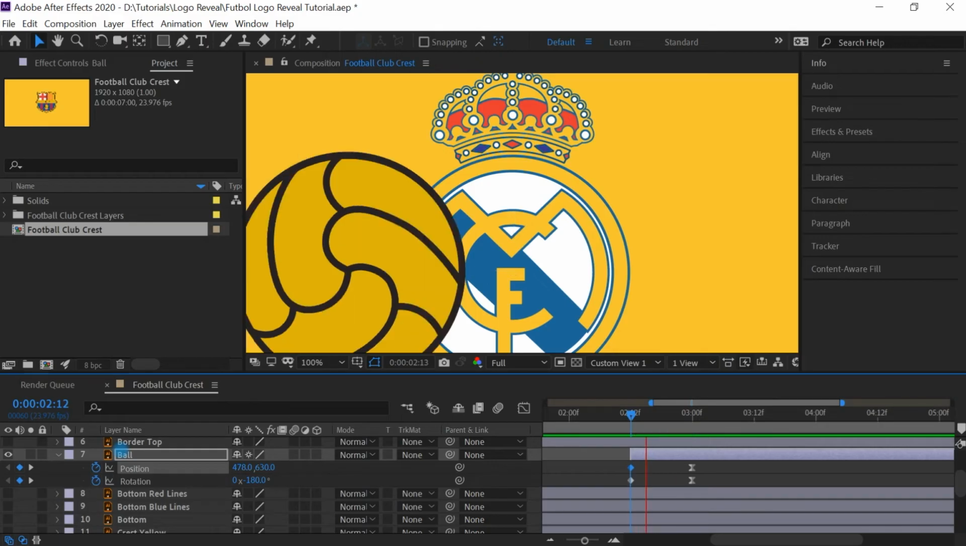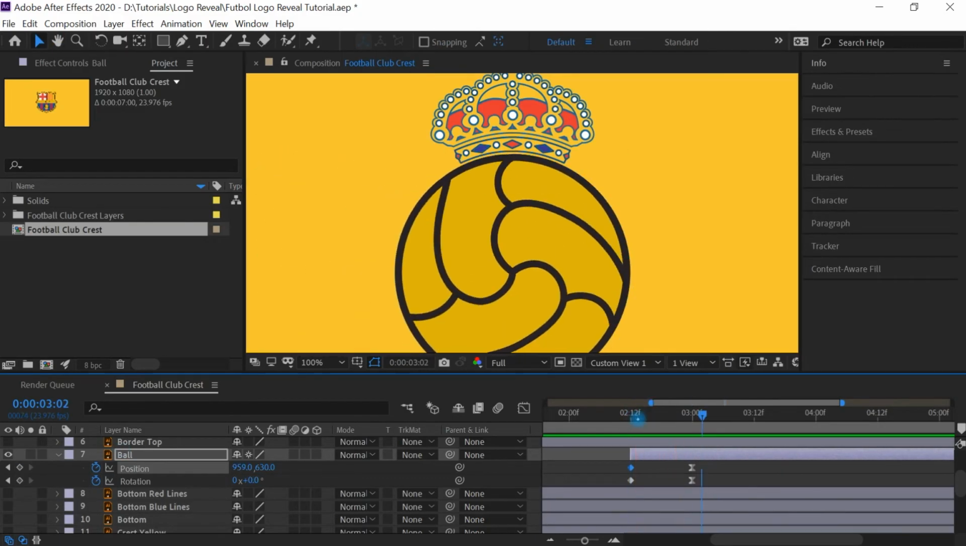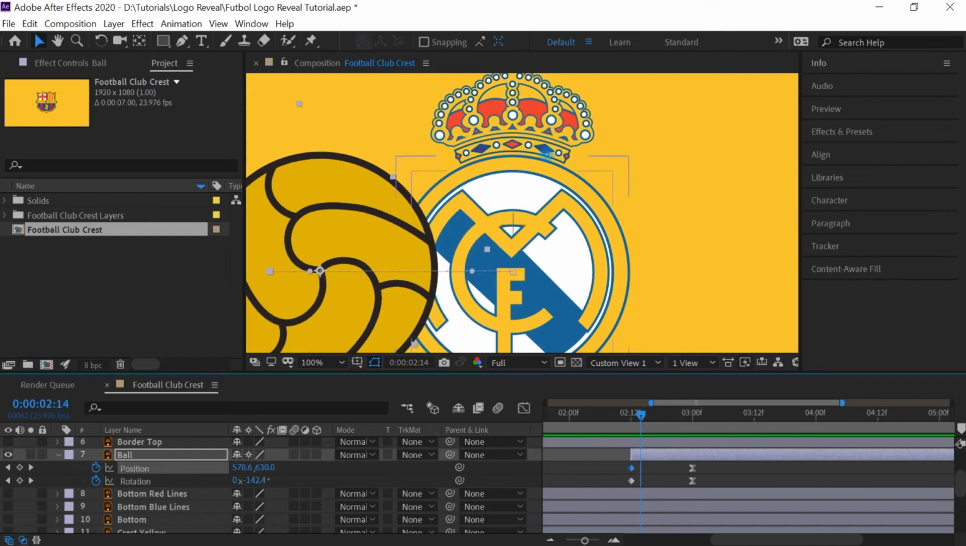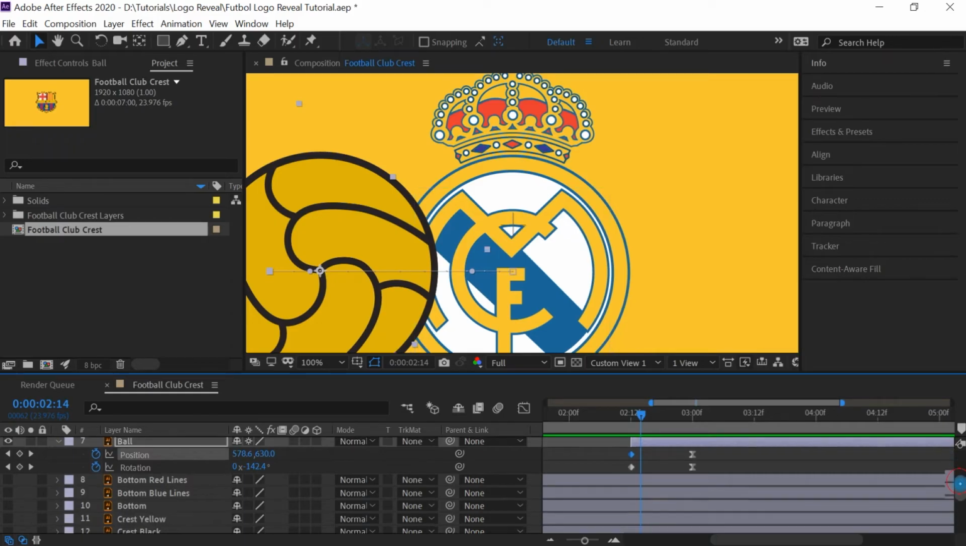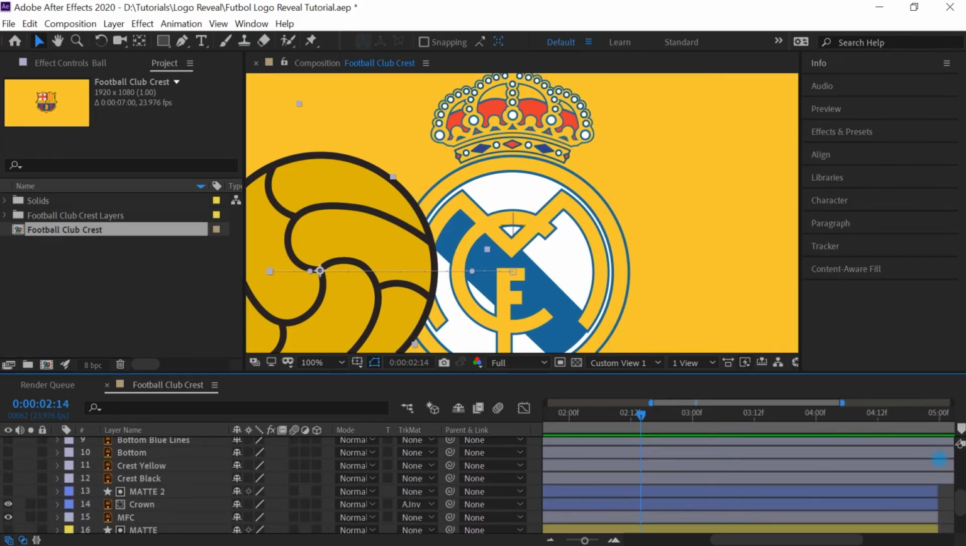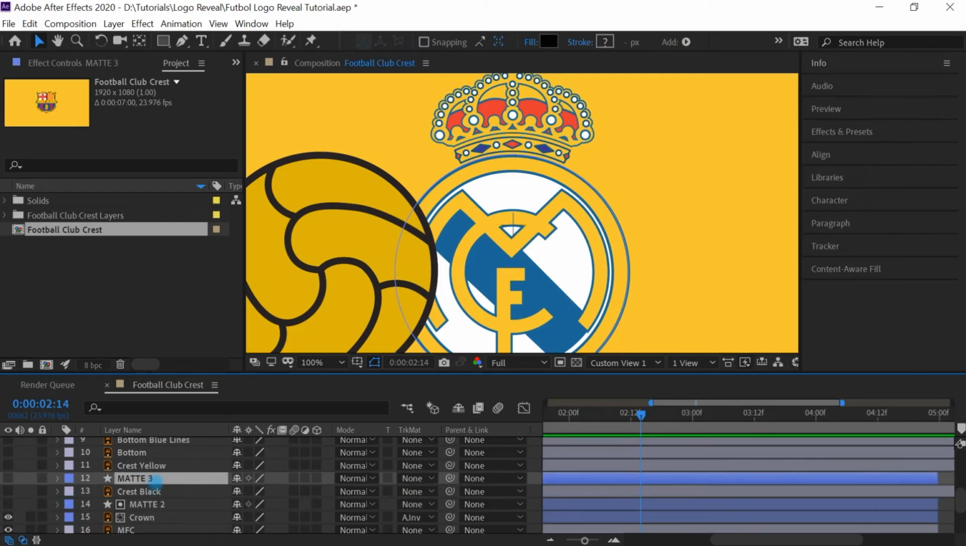And let's check it out. We have this animation, but now we want it to reveal from the logo of Real Madrid. And we already did that. We did that for the crown. So what we'll do is simply go to the map for the crown, hit Control D or Command D, and let's bring it up